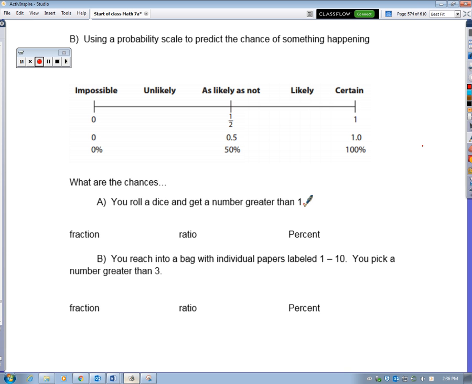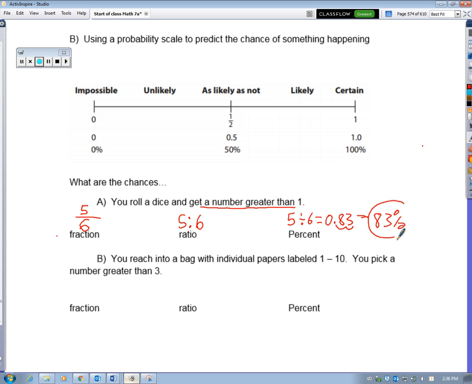Okay, so we're going to set up our fraction. How many numbers do we have that are greater than 1? Well, so that number on the top, we have 5 numbers on a dice that are greater than 1 out of 6 possible numbers. Okay, so there's our fraction. We can also make that into a ratio, just turning that sideways. We can't simplify that. We can make that into a percent. 5 divided by 6 gives you 0.83. Move that decimal point 2 places,